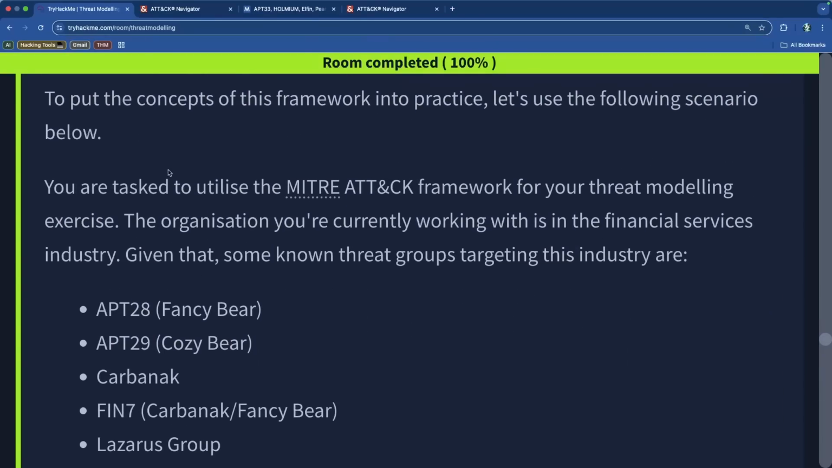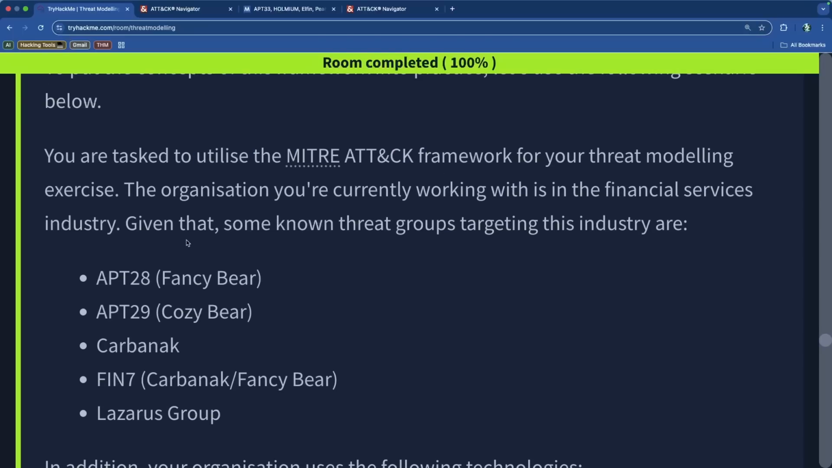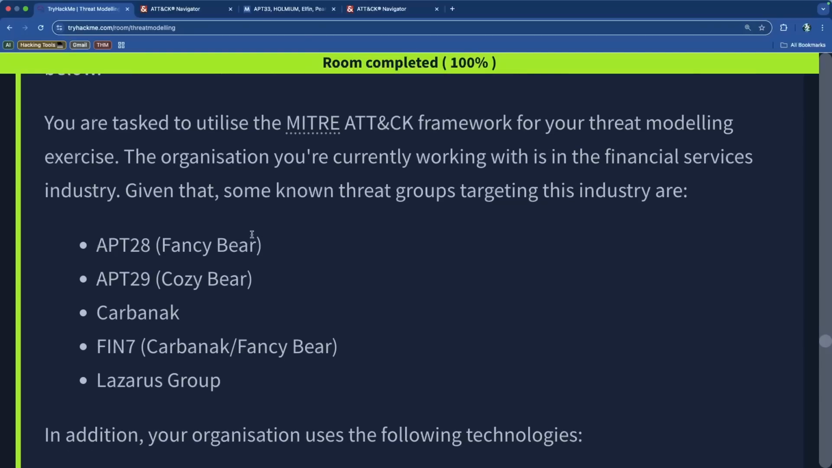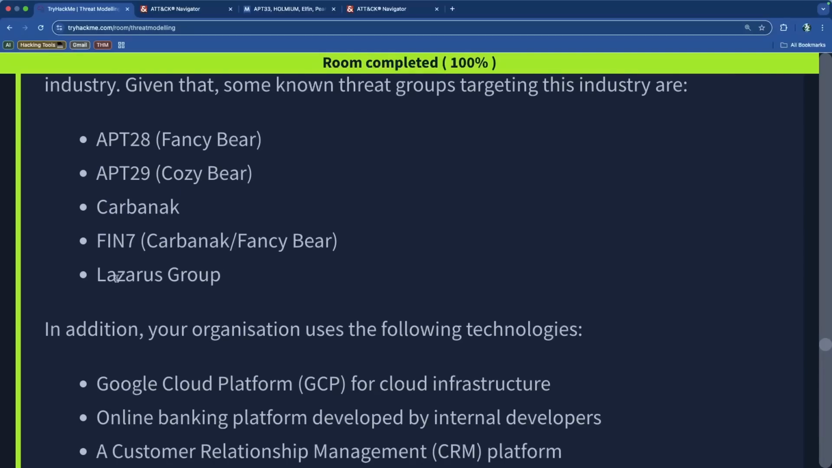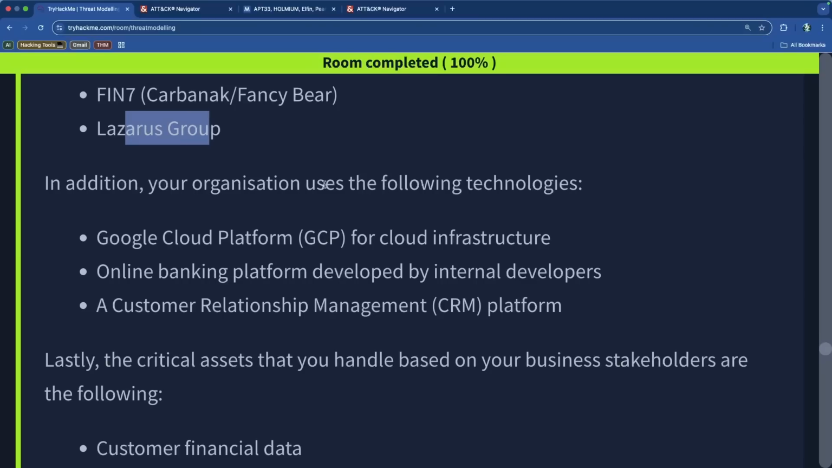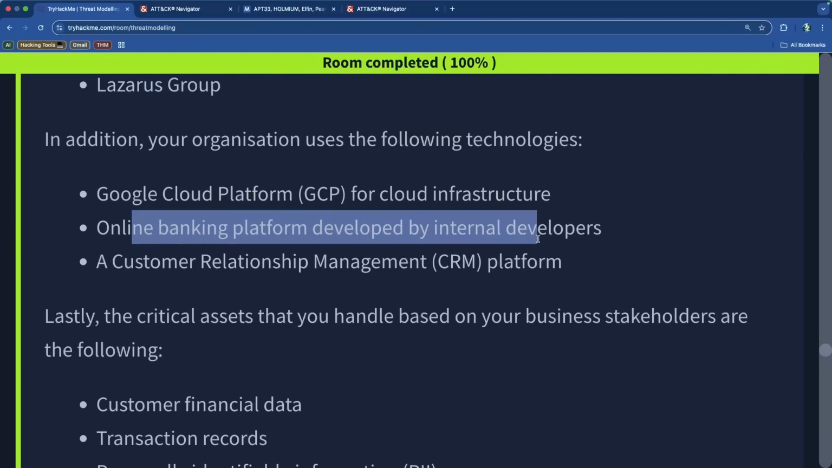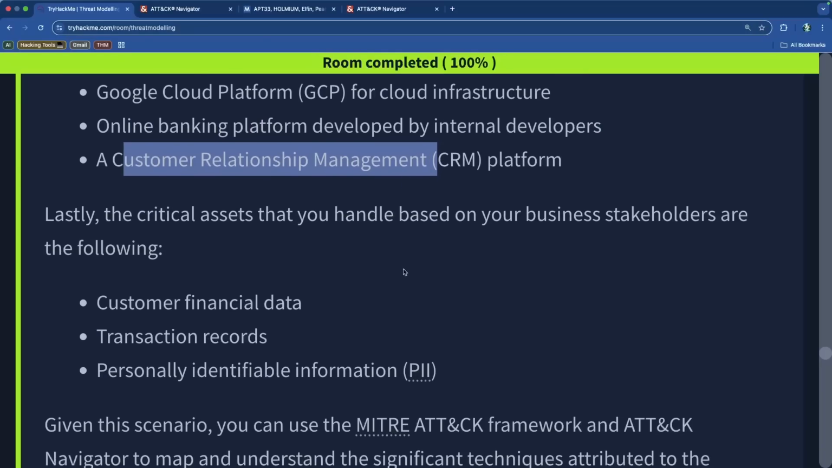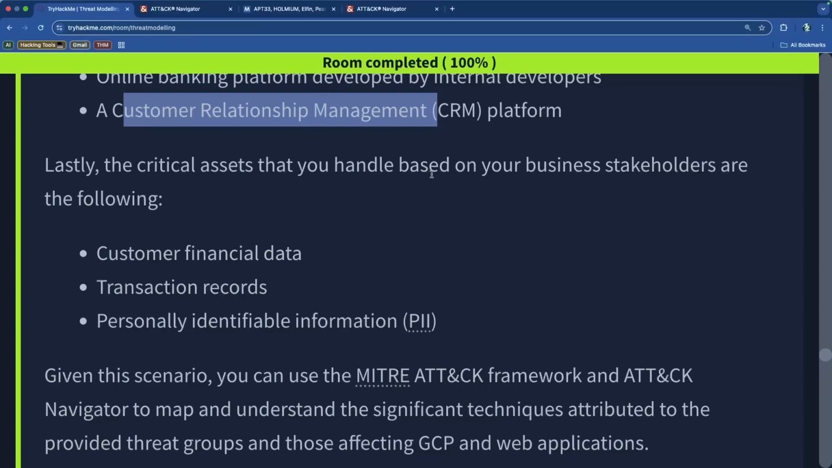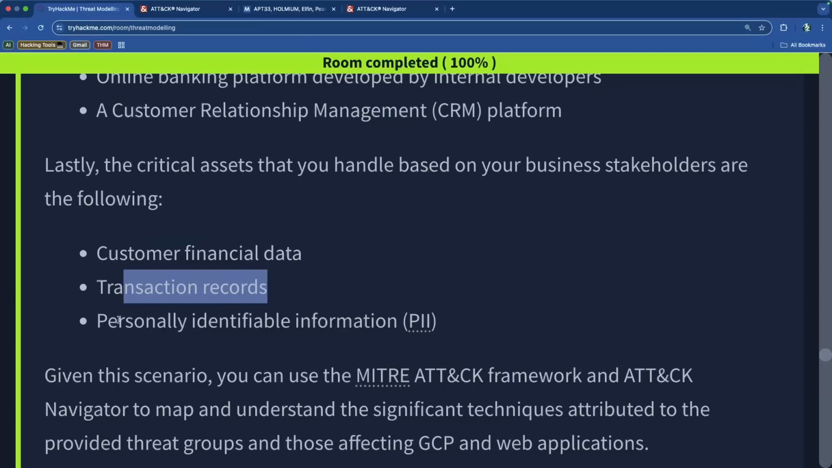So we're tasked to utilize ATT&CK Navigator for the threat modeling exercise. The organization we're working with is in financial services, so now we know some of these threat groups that are available for financial services. APT28, also known as Fancy Bear. APT29 is Cozy Bear. We have Carbanak, FIN7, and then the Lazarus group. The organization also uses the following technologies: Google Cloud, online banking developed by internal developers, and a customer relationship management, also known as CRM, platform. The critical assets that we handle based on the business stakeholders are customer financial data, transaction records, and